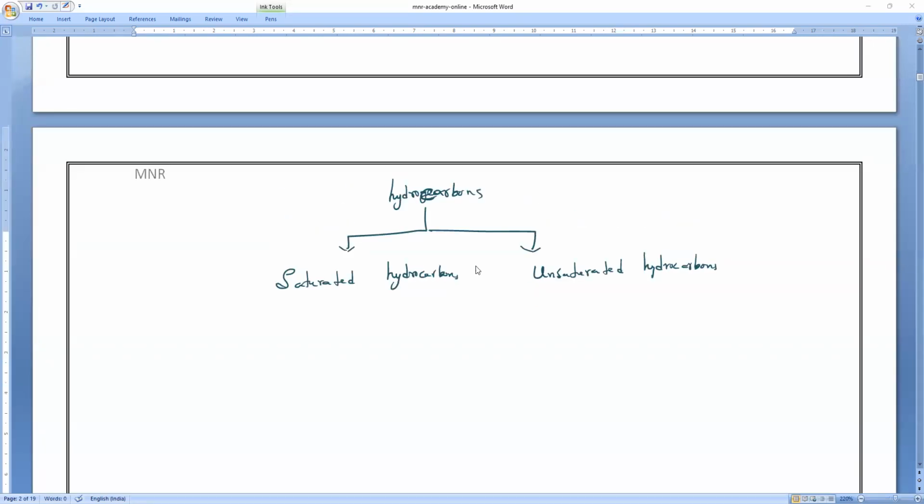So saturated hydrocarbons and unsaturated hydrocarbons. Keep it in mind. Whenever you hear a word, wherever it is, if it is saturated, they have single covalent bonds. Saturated means carbon having single covalent bonds. Who is having single covalent bonds? That is important. All the carbons. If you miss this word,